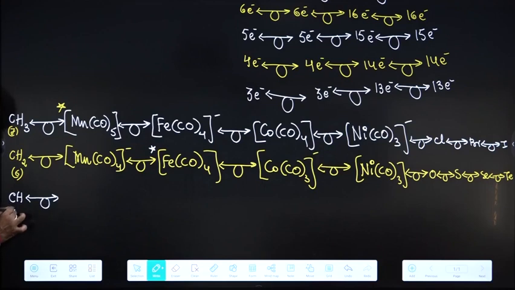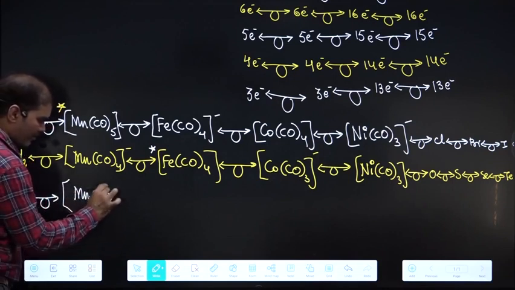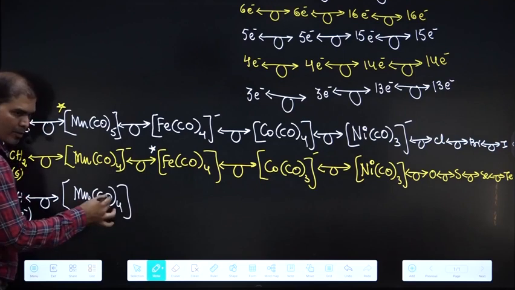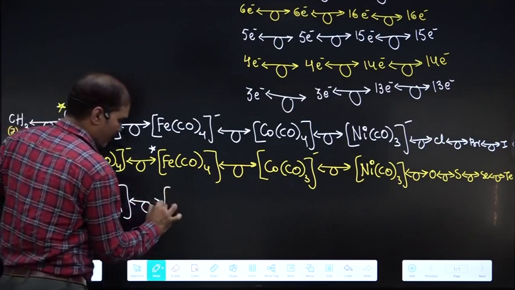CH, it is a 5 electron system. A 5 electron system must be isolobal with a 15 electron system. So if I take Mn, already it is giving you 7. I can take MnCO4, 8 plus 7 is 15. So they are isolobal. Next Fe,